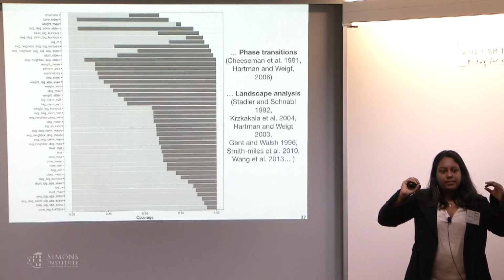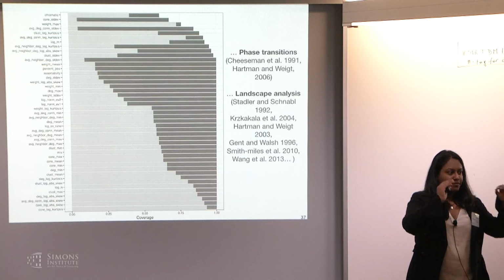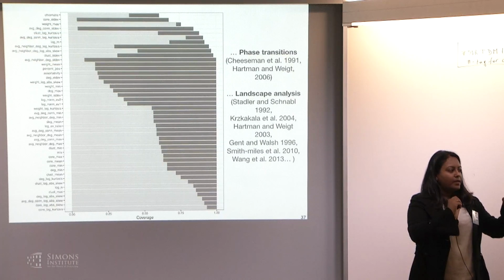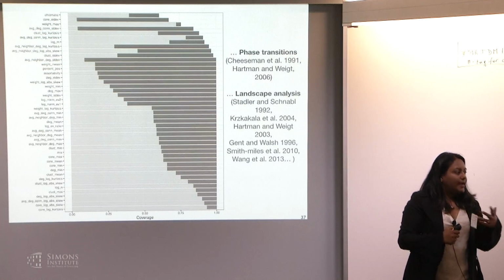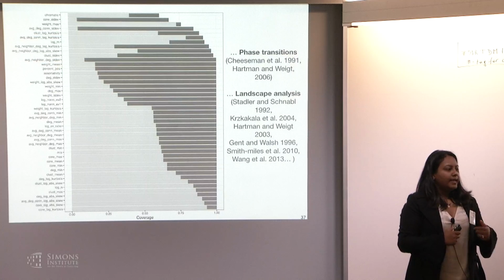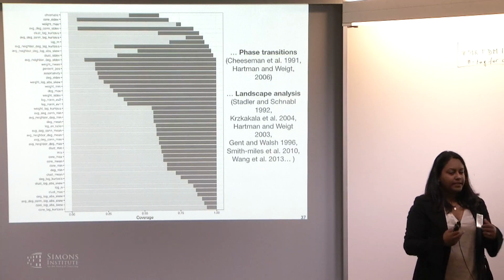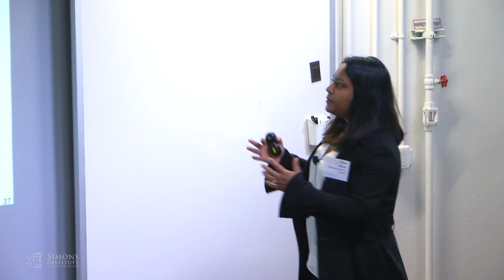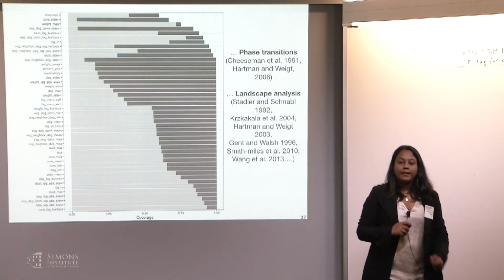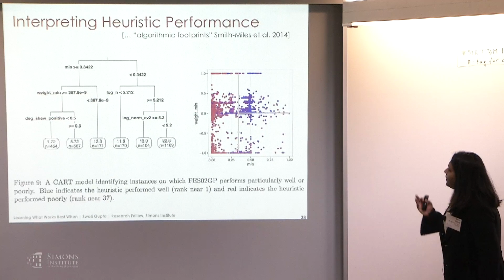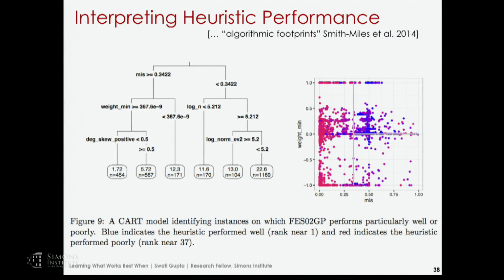So these studies focus on one property, one feature, and ask something about the hardness. They ask, okay, how good would a random solution be? Or how good can a greedy algorithm be for these kind of instances? And so these properties are sort of taken a lot from these studies as well. And here's what we found. So we wanted to have some interpretable heuristic